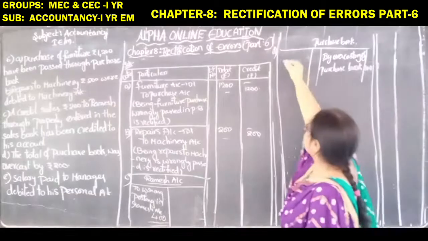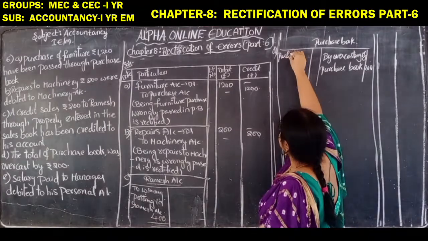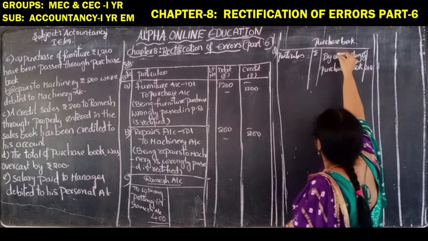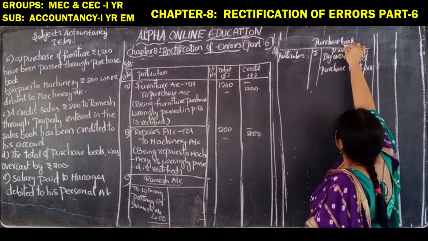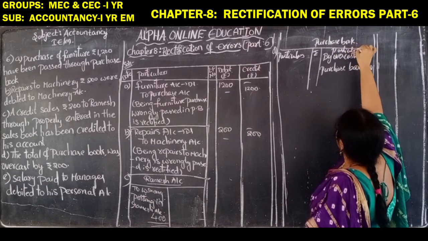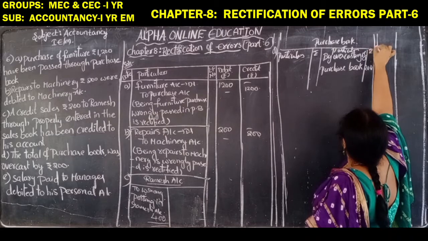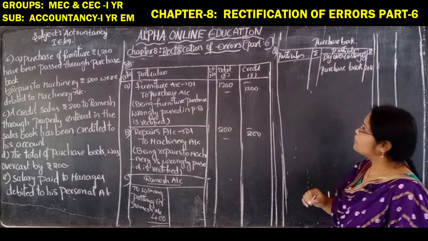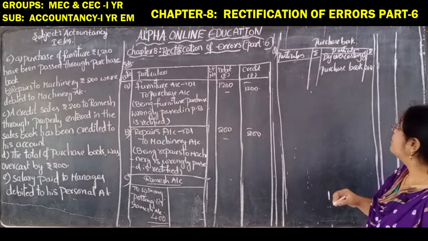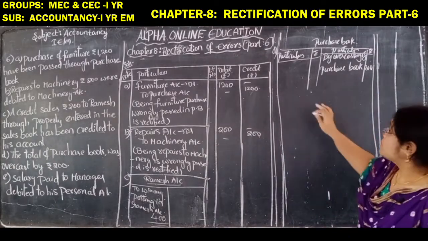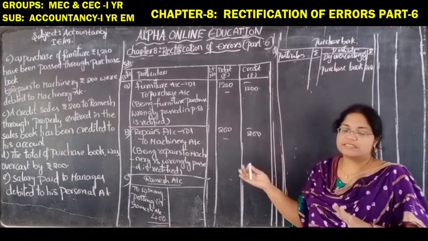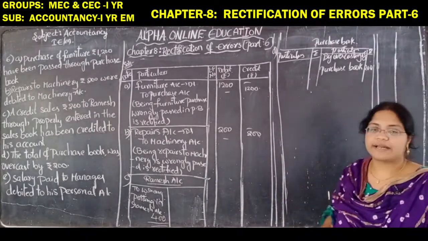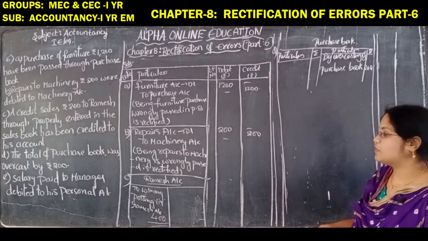You have to write the pro forma like this: particulars, amount, again particulars, and here amount. These type you have to write the pro forma, and you have to post the entry. So now it is over. It generally shows a debit balance overcast. On the debit side, if we write the same amount on the credit side, then there will be no effect of that error.